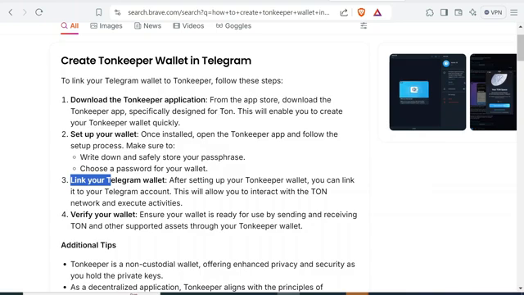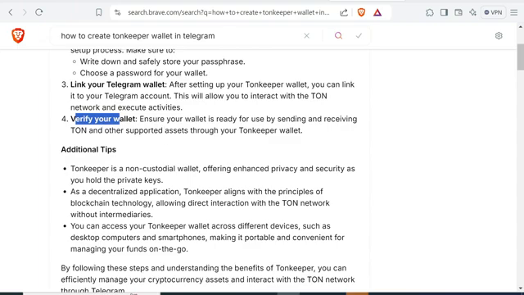Third, you're gonna link your Telegram wallet. After setting up your Tonkeeper wallet, you can link it to Telegram account. This will allow you to interact with Ton network and execute activities. Verify your wallet. Ensure your wallet is ready for use by sending and receiving Ton and other supported assets through